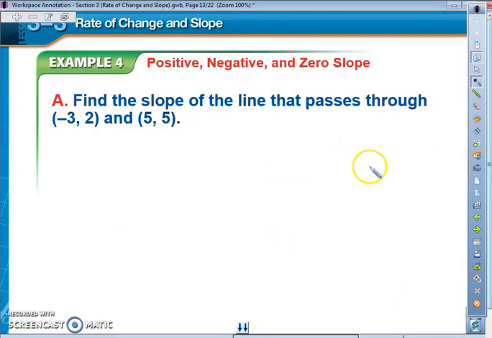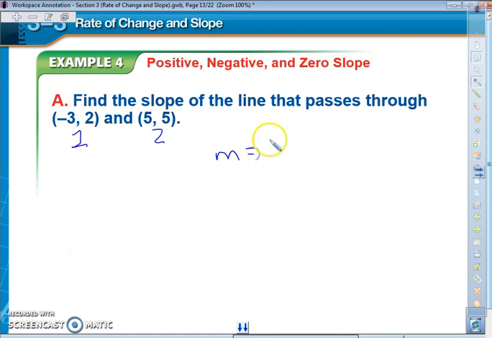All right, so let's go here. We're going to find the slope of (-3, 2) and (5, 5). We're going to say that this one is our first point. We're going to say this one is our second point. So m, the slope, equals y2 minus y1 over x2